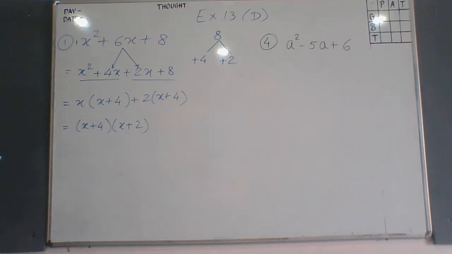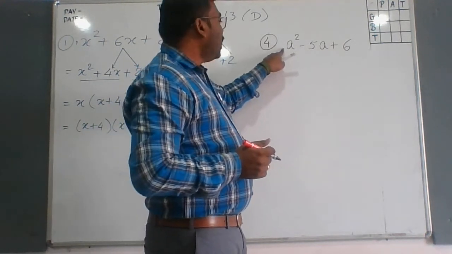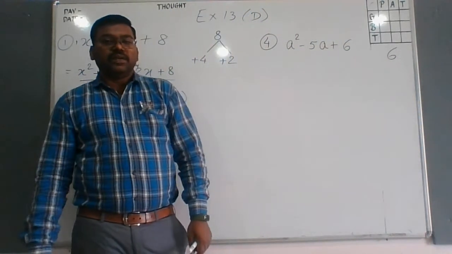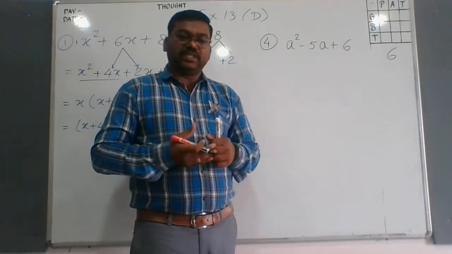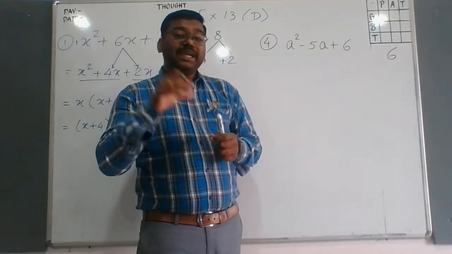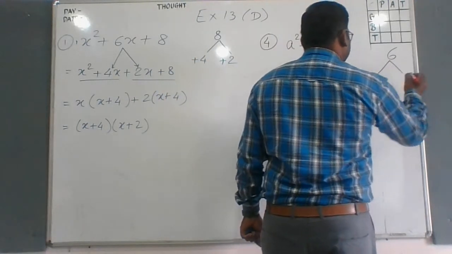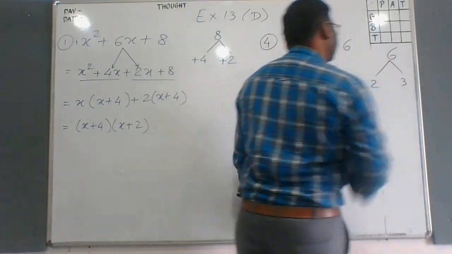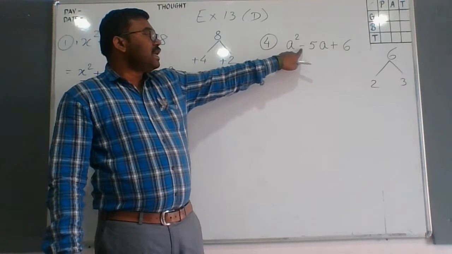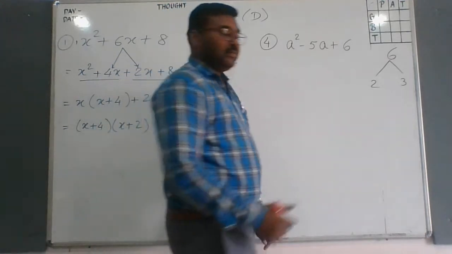Now students, we will apply the same procedure. Nothing is written, that means 1 is there. 1 multiplied by 6 is 6. Now we will find factors of 6 whose multiplication is positive 6 but whose addition or subtraction gives the middle term. Let us see this. The factors of 6 are 2 and 3. What is the middle sign? The middle sign is minus, so our greater factor will be with the minus sign.